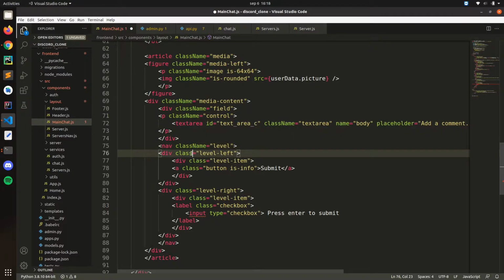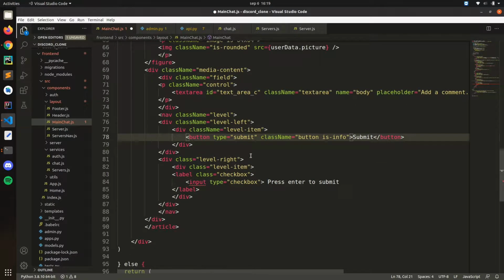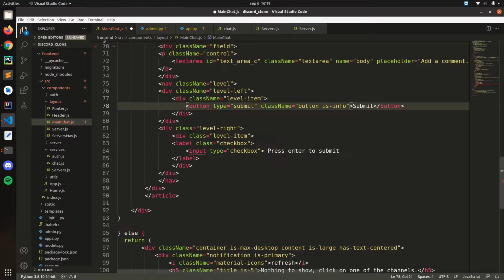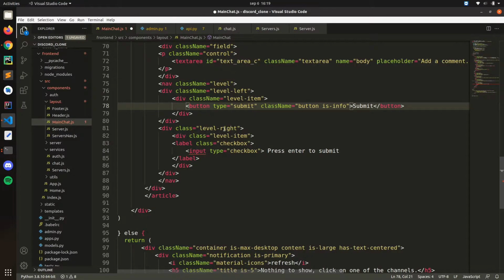and then here this is going to be our button, our submit button. You can just change this one to button if you want, doesn't matter. The important thing is that you need to set the type to submit. Okay. Let's move this to here. And as you can see, we have a button here. I'm going to replace this checkbox with a button to select a file. So this checkbox,